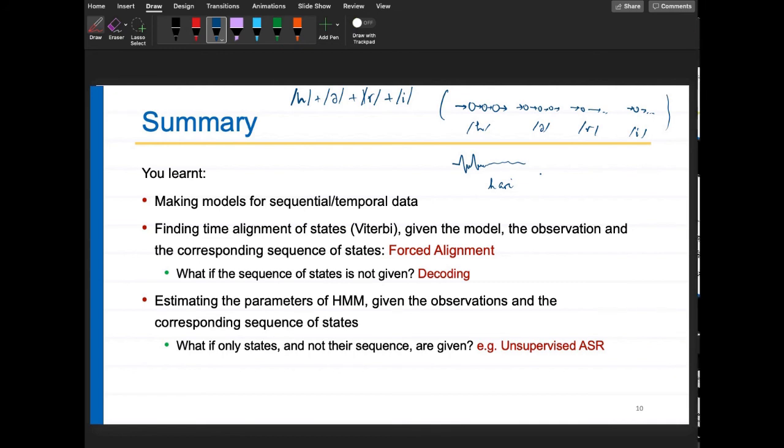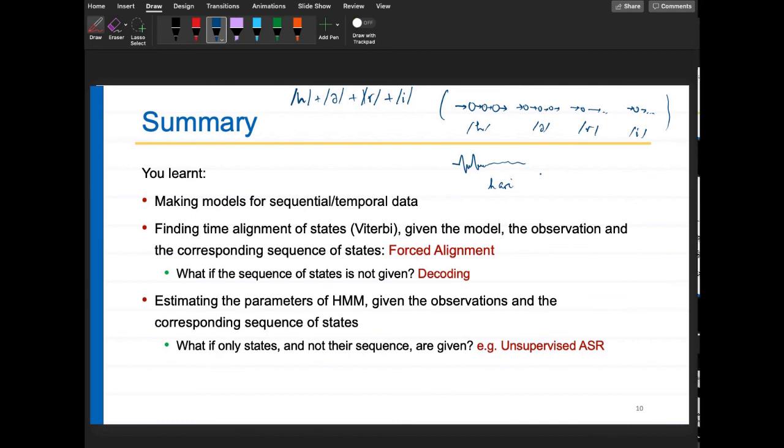Yes, you're right. So you do left to right HMM models. Basically, the transition probabilities are limited, so that from "her" it can only go to "a"; it cannot go to "r", cannot go to "e", cannot go to silence or anywhere else. Yeah, you got the point. So basically, you build a left to right HMM model with these constraints so that your path can be only in this order. The order is defined, but the exact alignment is not defined.